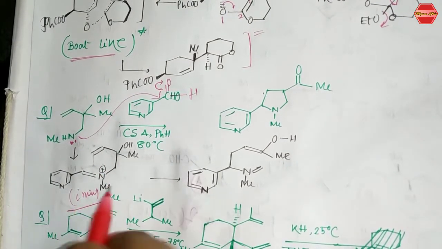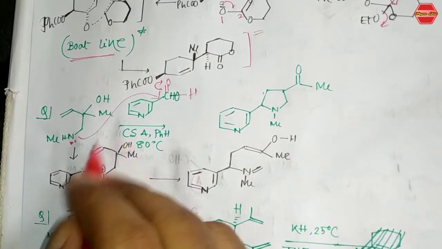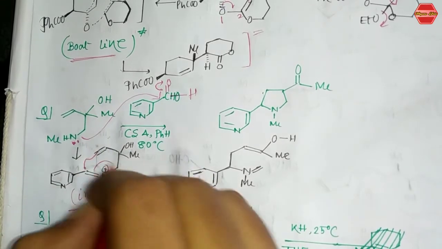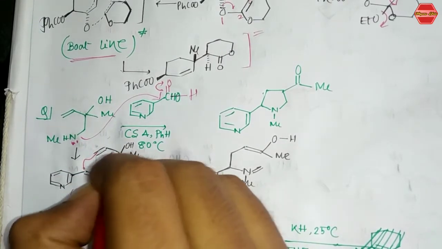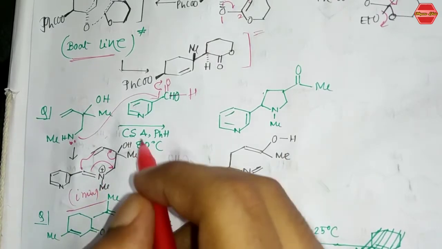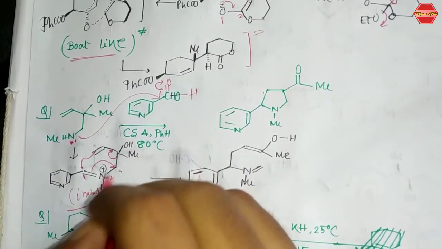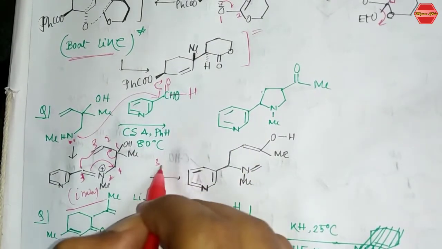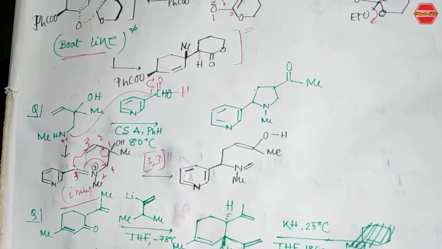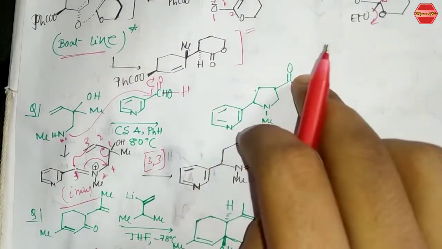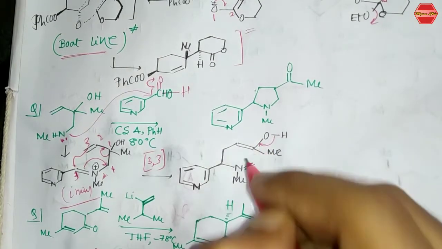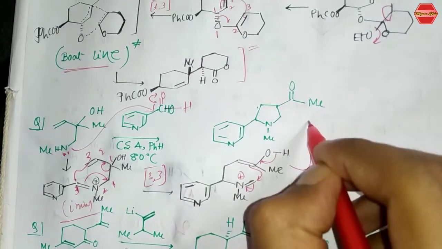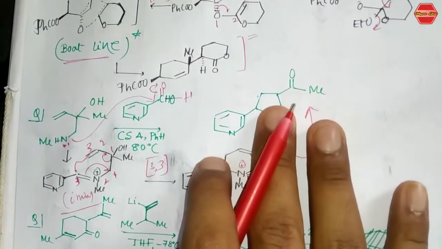Now there is a chance of formation of this bond between these two. How is this bond formed? These bonds go over here, this will go over here, this will go over here. Okay, so this is one kind of 3,3 sigmatropic reaction. Sorry, this is 3, 2 and 1, 1, 2 and 3. So this is basically one kind of 3,3 sigmatropic reaction, and that is how you get this intermediate. Now how does this ring cyclization take place? These bonds go over here and it will attack over here, so this is plus, and now it will neutralize, and that is how you get this final product. So this is very much important, right?